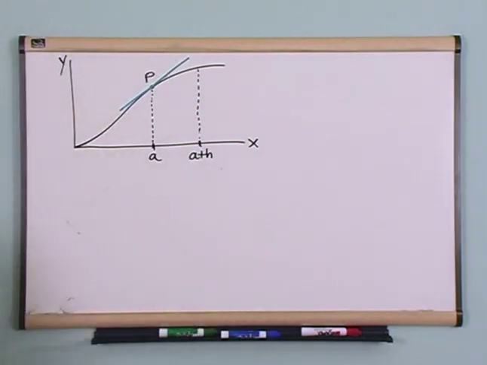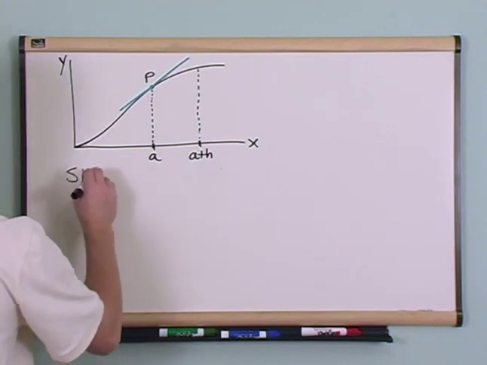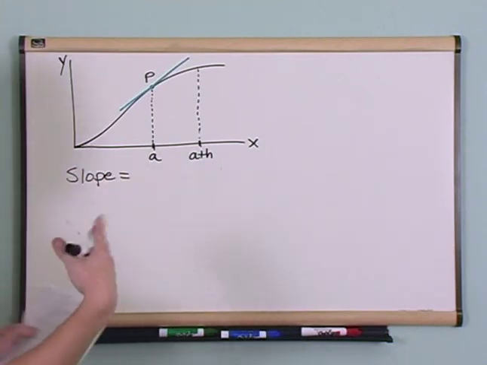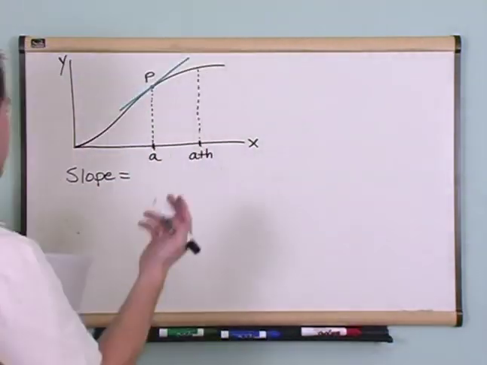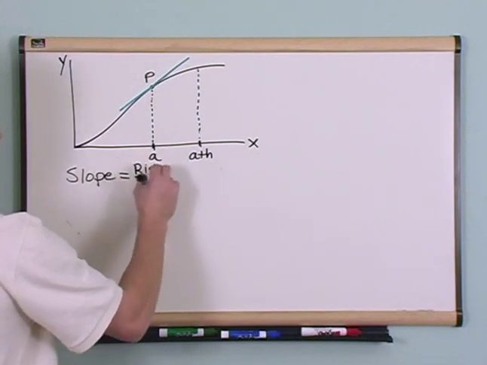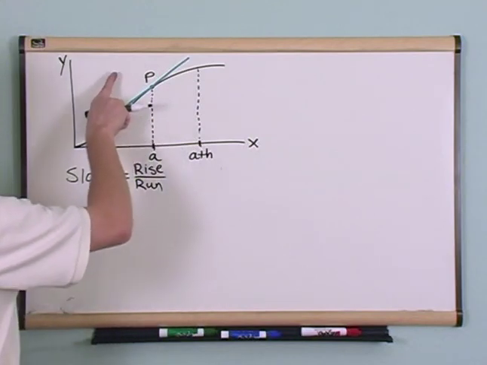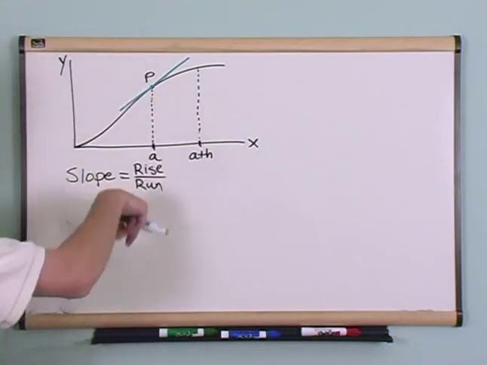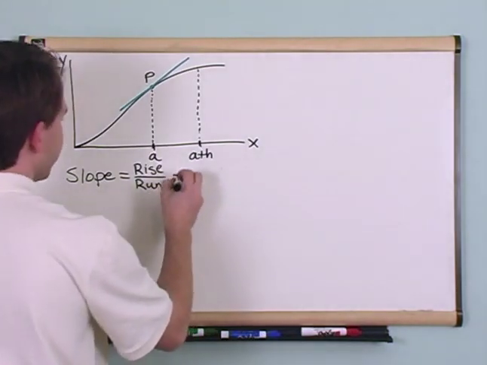So let me ask you, what is the general formula for the slope of a line? The slope of a line. So don't think calculus here, think algebra. What did you define as the slope of the line? Well, you'll probably remember it was the rise over the run. In other words, you calculate how far up you go and how far over you go, and you divide those numbers and you get what you call the slope. Okay? We also wrote that as